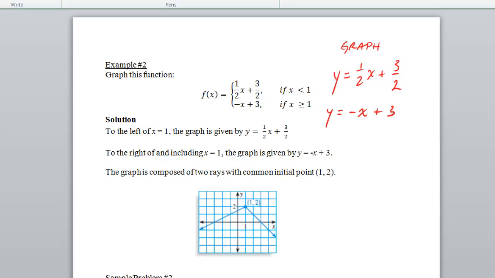If you understand this process, you can totally bypass that step and just graph the piece that's easiest for you. But